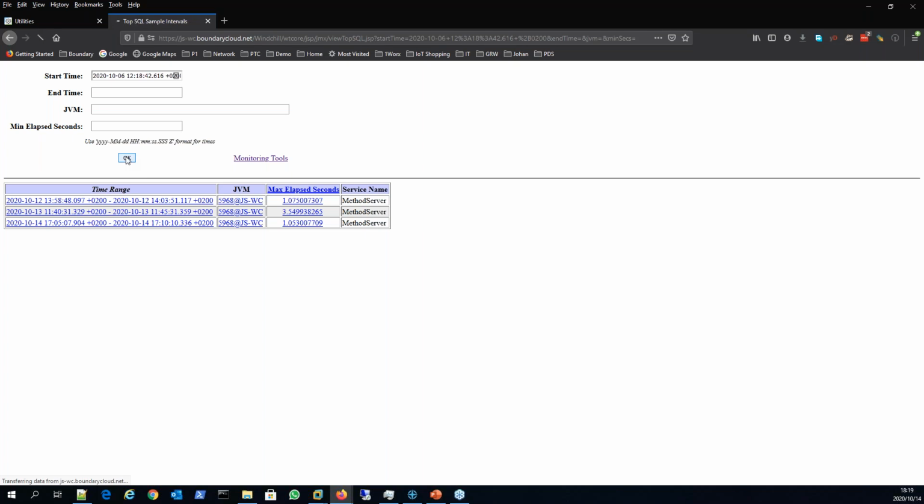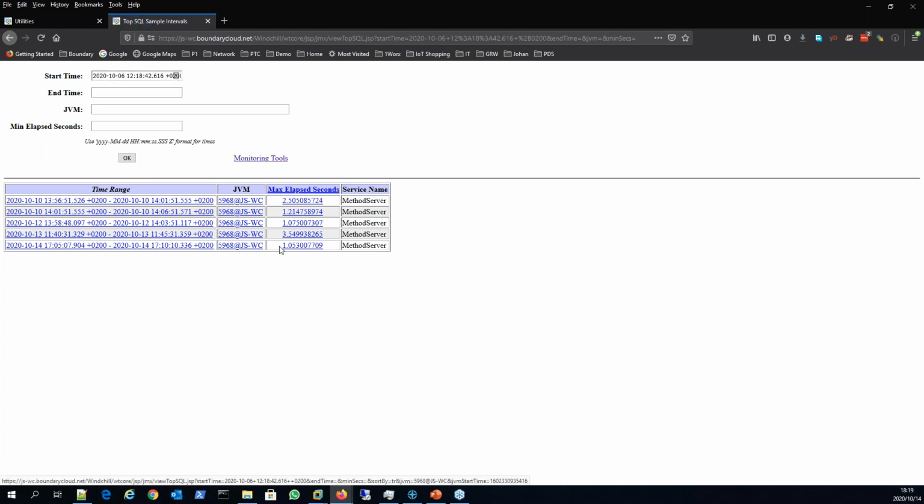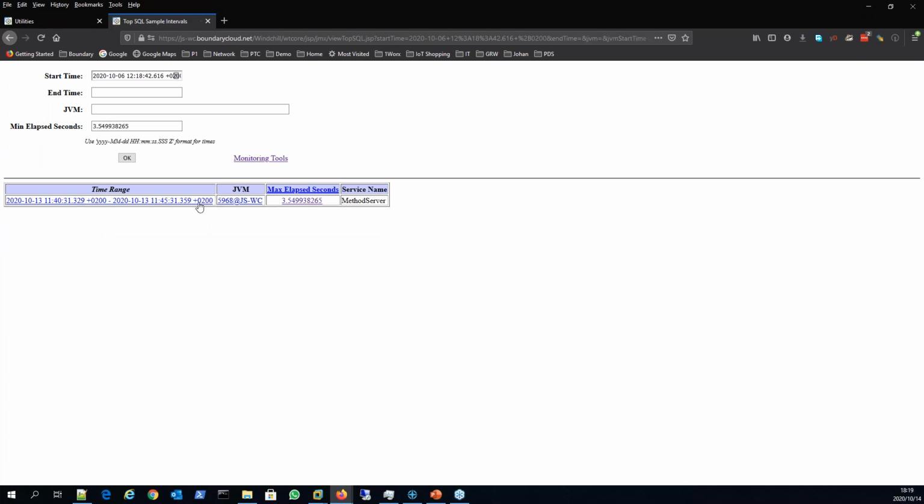Okay, so I can see there were, in my case, very few database calls. You can also see then the elapsed time for each. So with this specific call, it took 3.5 seconds to execute. If I select on that, it will take me to the specific query, and I can then see what's the